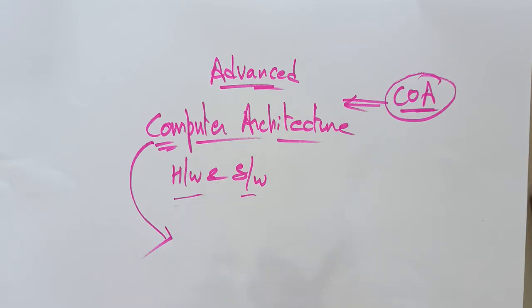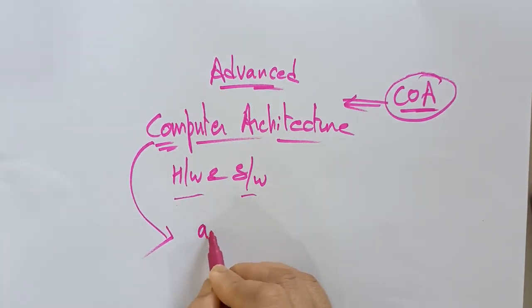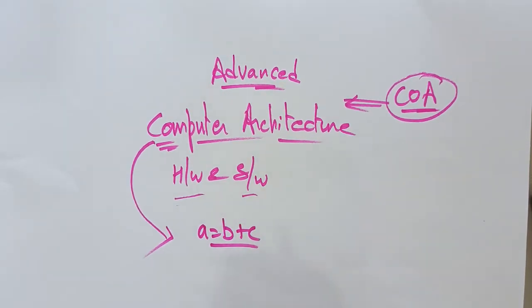Whatever the hardware parts are, like the accumulator machine and stack machine, how are these hardware parts helpful in converting the user understandable language into machine understandable language, so that the CPU can execute the operations and give the result back to the user in a user understandable manner? Whatever the user can understand is like an English-like statement. Suppose you take A is equal to B plus C, a simple statement that everyone can understand. We are just adding two numbers and the result will be stored in one number.